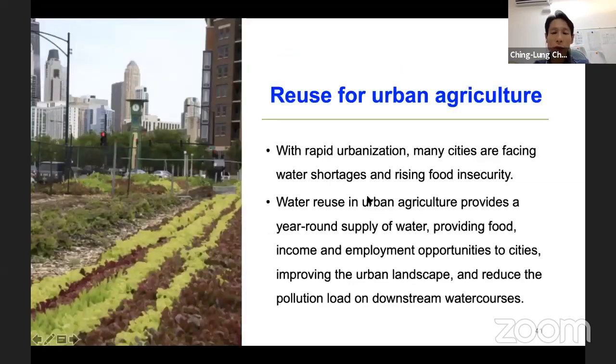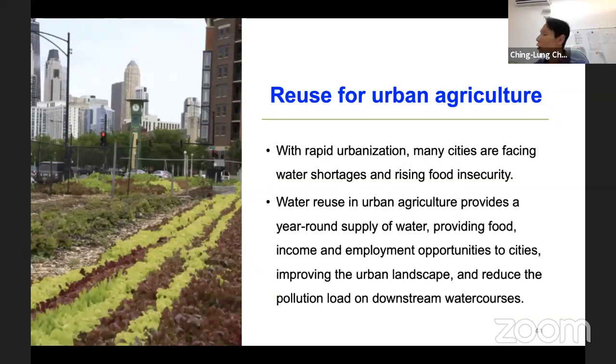and then reuse for urban agriculture. So what is urban agriculture? As you can see from this picture, urban agriculture means they try to grow plants in the urban area. Okay, so as you can see, there are so many buildings here. This is just like a farm in a city. Okay,